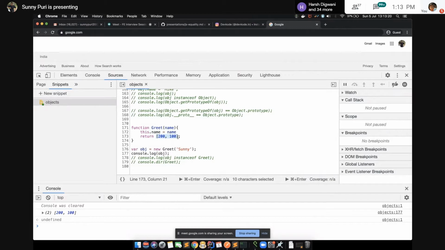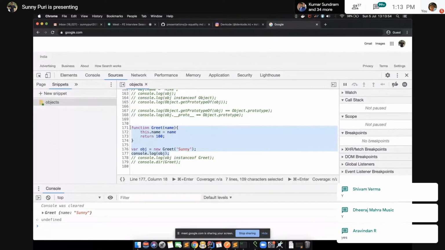So this is clear, guys. Let's say this is ignored, right? But when we use the greet function directly, what will happen? It will use whatever return you are doing. If you are using an instance, it will ignore. This is clear, guys, about the new keyword, how it will work? Guys, respond. Okay.